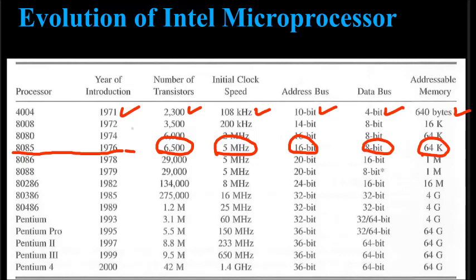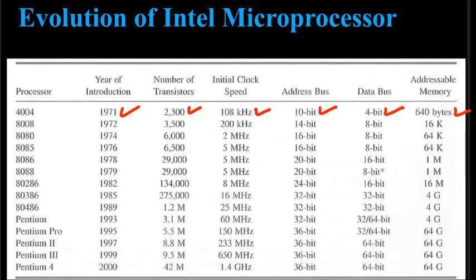The performance of the processor depends on the data bus. So when we say 8085 is an 8-bit processor, it is because the data bus is 8-bit. If we compare this with the processors we are using in our mobile phones, they are much faster than 8085, because in our mobile phones generally we have a 64-bit processor now. In the future we don't know what will happen, but currently we are using a 64-bit processor, and that can support hundreds of GBs. It can also support 128 gigabytes of memory.